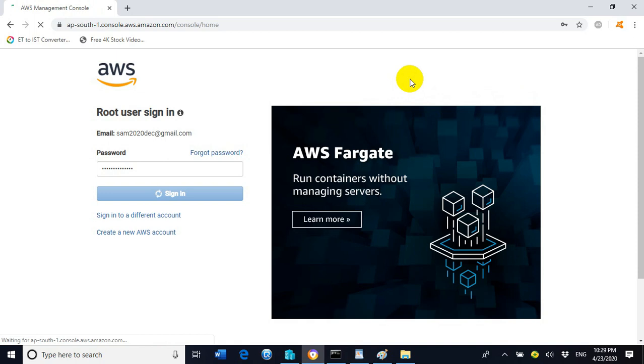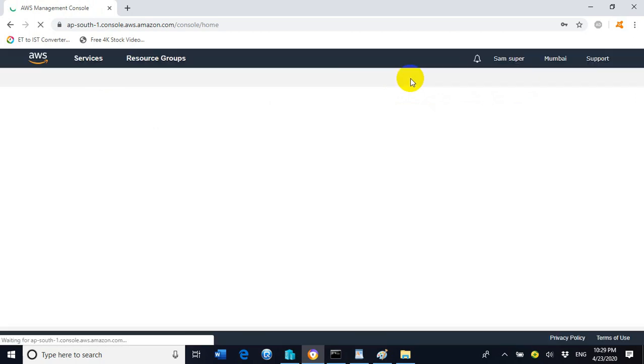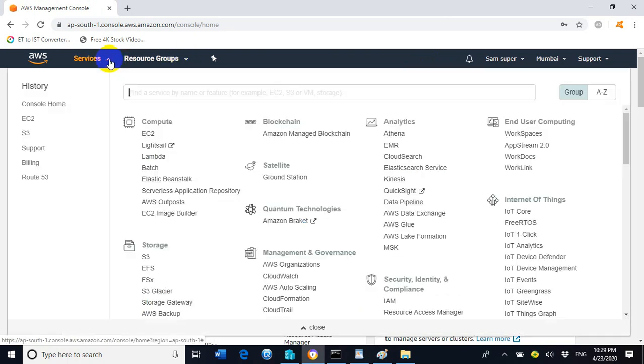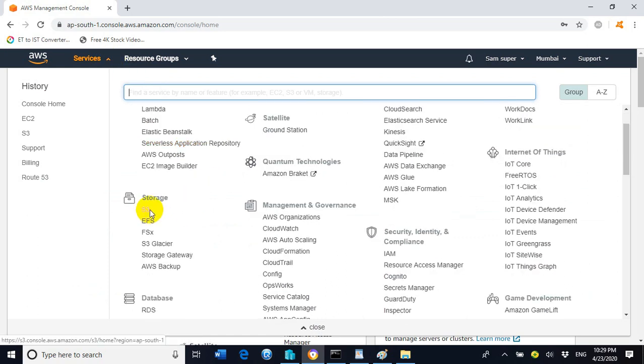It is validating the password. Now we got a successful sign in. Now we are inside the AWS Management Console. Click on Services. Under Services, we have to click S3 under Storage.